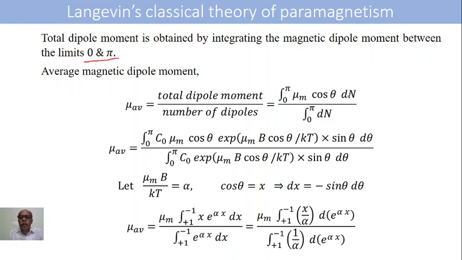So substituting for dN in the numerator as well as in the denominator, we get